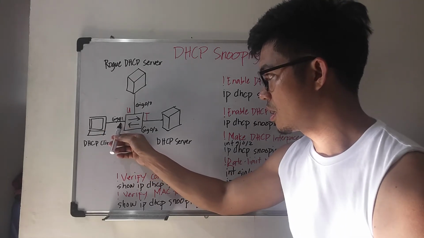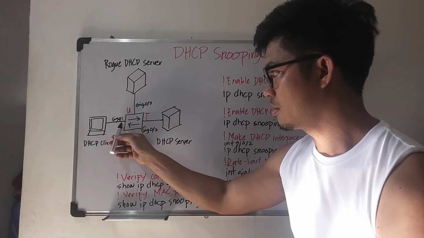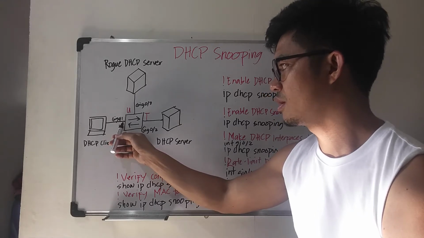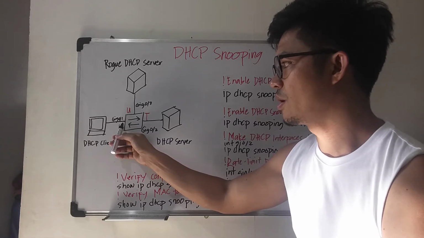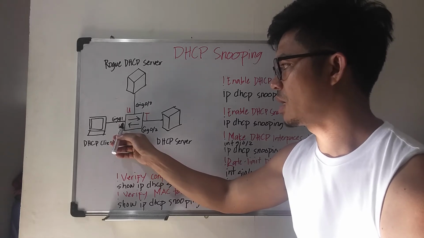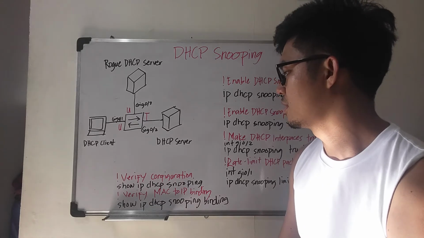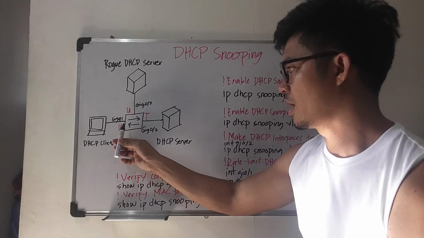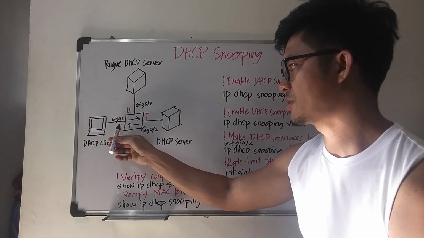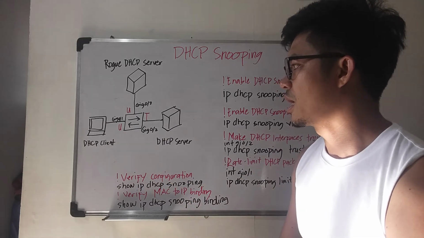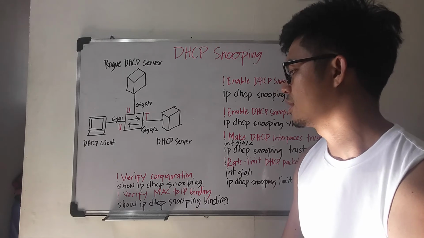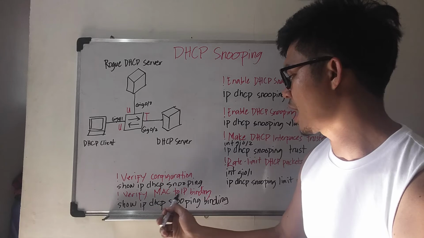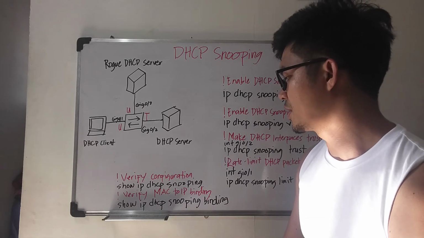And by the way, if the switch receives a DHCP packet here on this port, it will go into error disabled state, because the switch knows that this port is not supposed to receive DHCP packets. And of course, you can verify the MAC to IP binding, and you can do that by typing